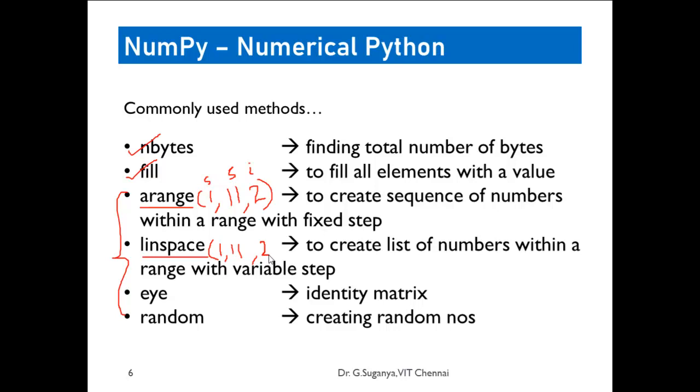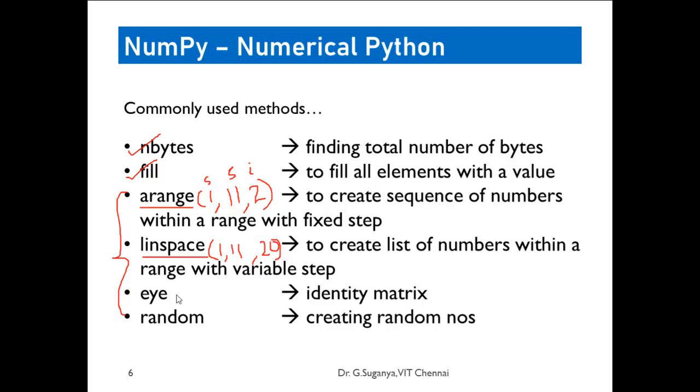Suppose the input is 1, 11, 20: from 1 till 11, including both values, it will create 20 items. The interval between these items will automatically be created by the package itself.